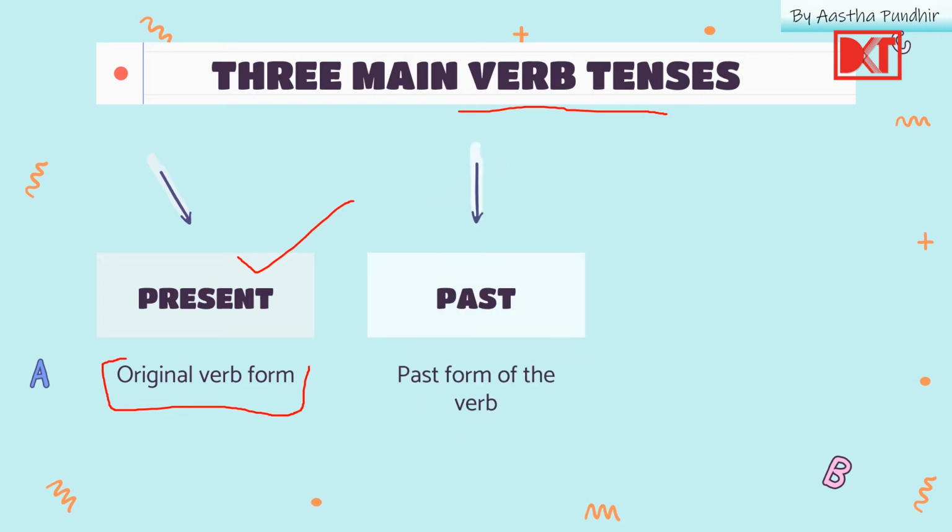Past means something that has happened previously. The past form of the verb is used, and how the past form is understood, and what is the past form of the verb, we will do in the upcoming class as well. So first is the present tense, second is the past tense, and the third one is